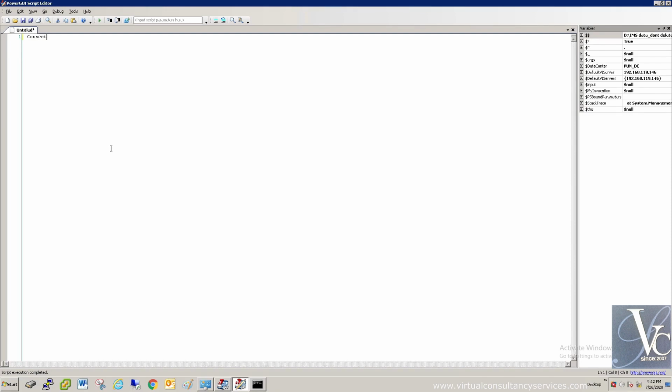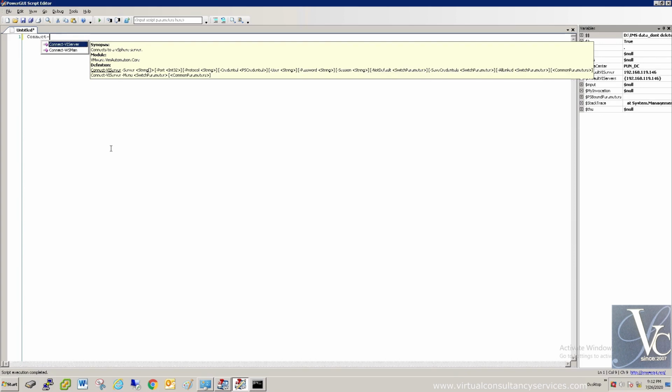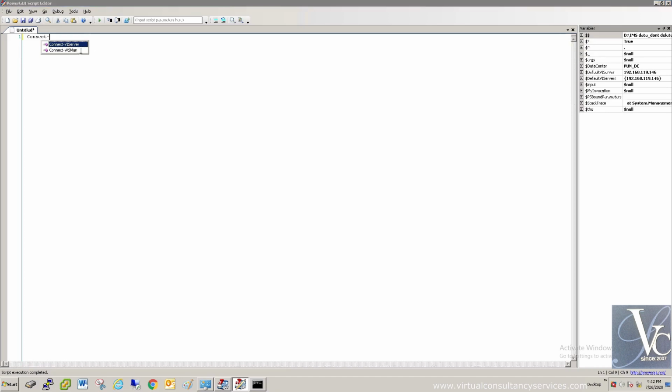The command is Connect-VIServer. See, the pop-up is coming. You don't have to write all the commands. This is useful because the module, VMware.VimAutomation.Core, is showing here, and all the definitions are already stored in this editor, so it pops up and you only have to select.